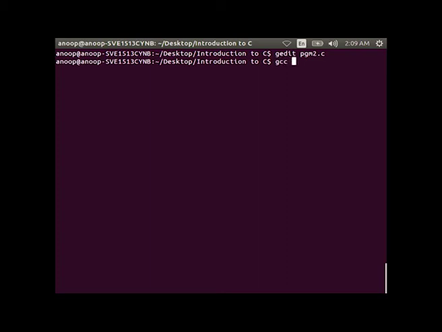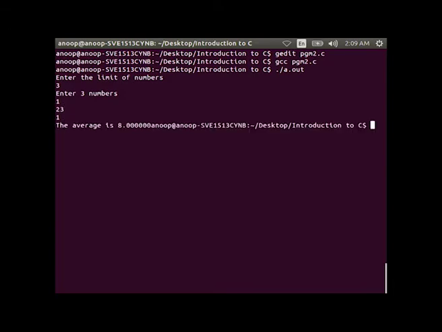So, let us now compile this program and execute for the results. Now, you can see that the system prompts to enter the limit of numbers. Suppose you enter 3 as input. So, you can see that the system again prompts to enter 3 numbers.